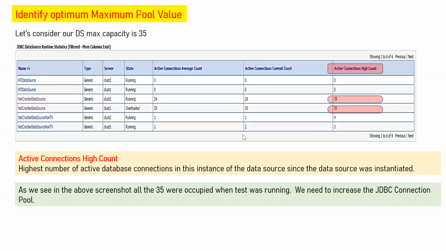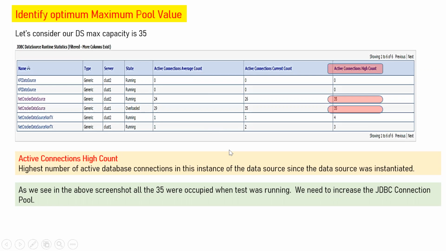So here I can see that there are two data sources that have reached the maximum limit of 35 connections. So I have to tune these two data sources with an optimum value. That means I have to increase by 5, or maybe by 10 or 15. Maybe I can configure it as 40, 45 or 50, based on the connections available